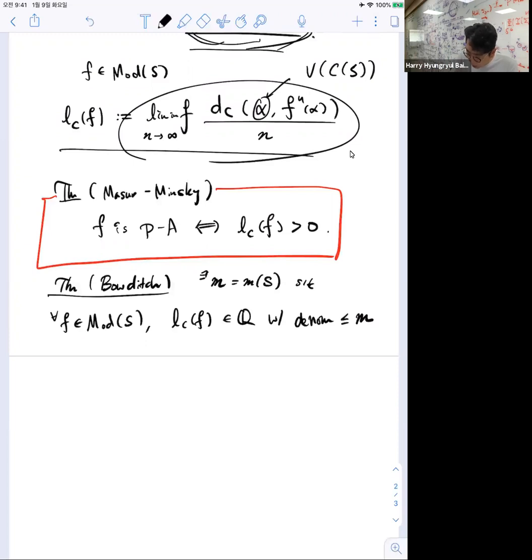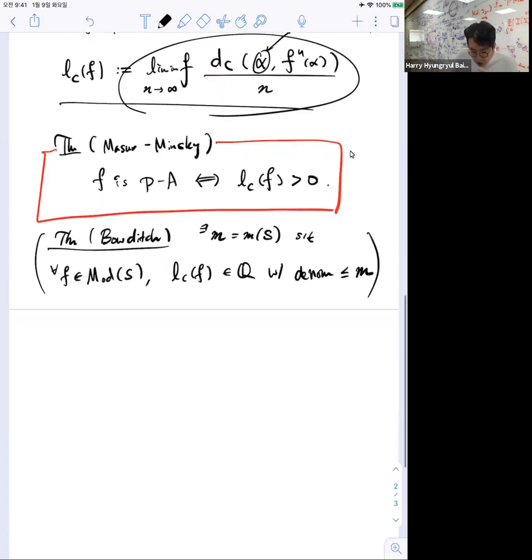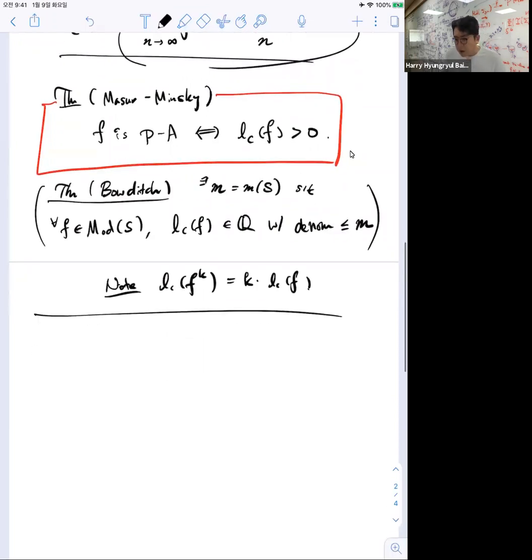So that's one kind of interesting fact. Also, from the definition, we'll use this fact later. What you can easily check is that if you take a power of your element, then the asymptotic translation length is just multiplied by the power. This also directly follows from the definition. Okay, so that's about the